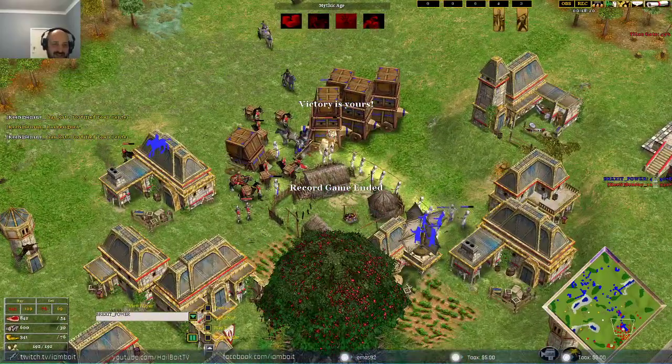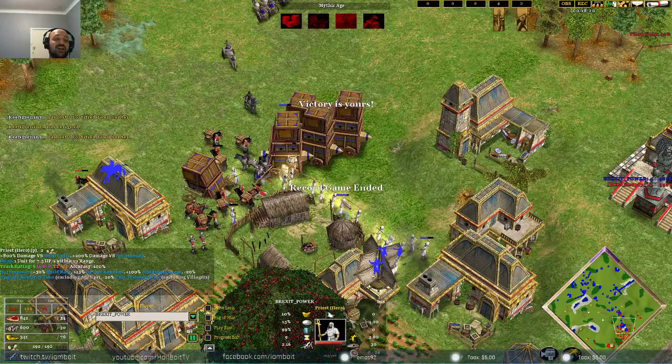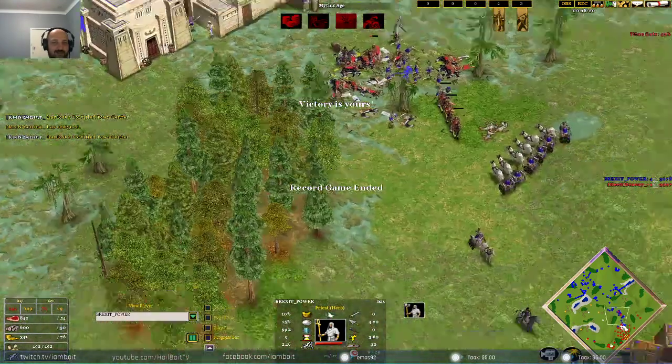They're dead, and the Siege Towers would easily have got onto this Titan Gate to prevent it from going up. And even if they got up, you still have to deal with all the priests. So it's a difficult one there. Really well played by